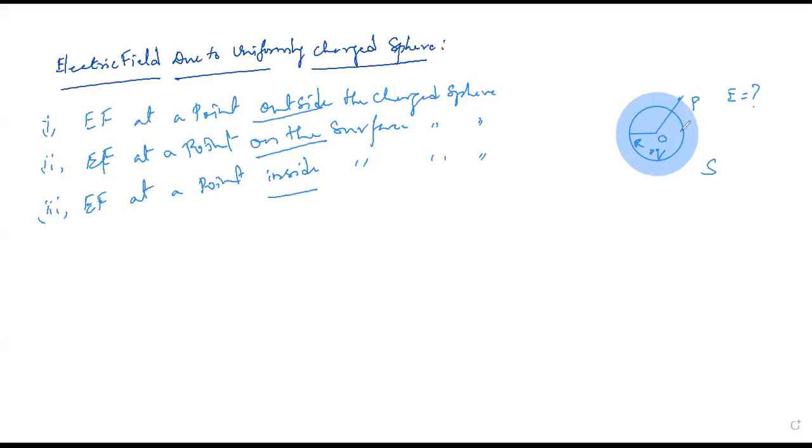So that means I assumed a Gaussian surface at this particular point P, with radius r from the center of the sphere. This is a concentric sphere with respect to the sphere which we already have in free space. Now the point lies outside the actual sphere. With the help of Gauss law, we are going to get the electric field intensity at this particular point P. For this, we use the symmetry of charge distribution.